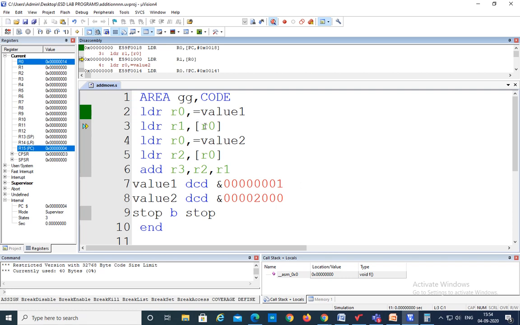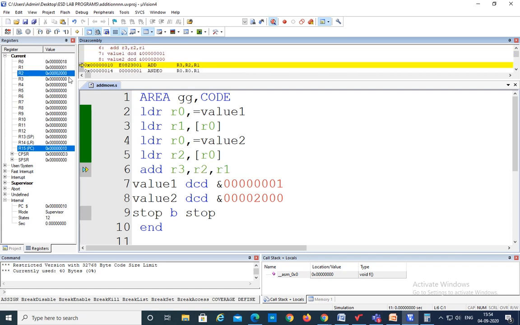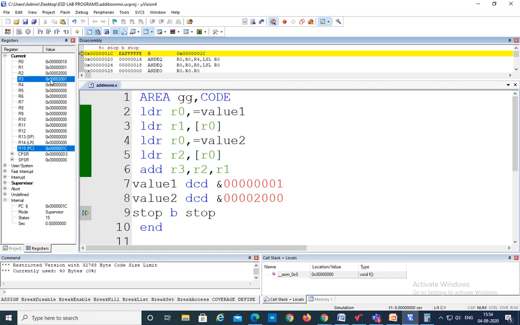Now the data present at that 14 address is going to be stored into R1. That is, 1 is going to be stored in R1 after executing the LDR instruction. So now observe here, R1 is stored with 1. Like that, for the second also, first the address is called, and then the data present at the address is stored into the R2 register. Now execute these two statements. Now R2 contains 2000. Now we execute this add instruction, and the result R3 contains 2001. In all programs you can write sub or mul in place of add, so you can get all the programs like subtraction, addition, multiplication.